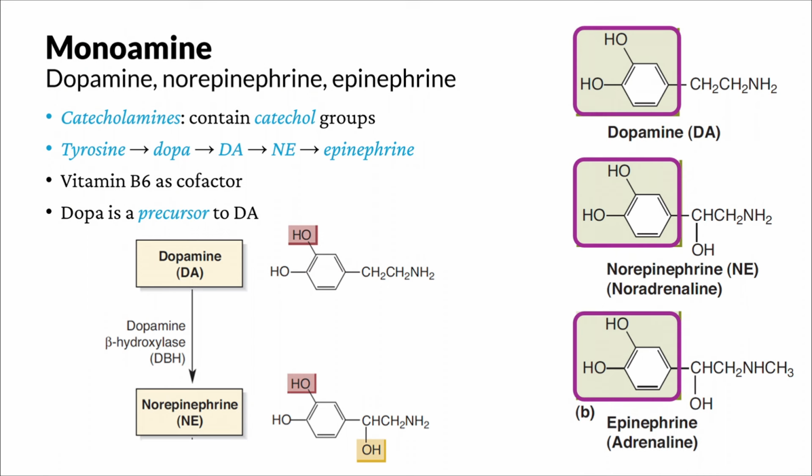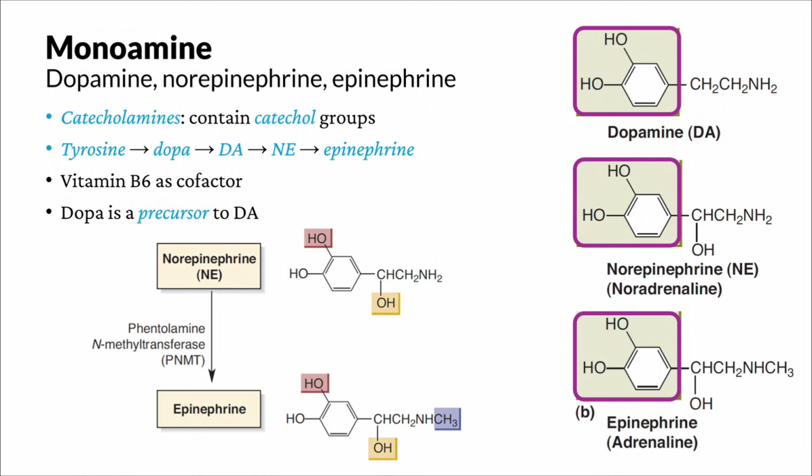The next step is to use dopamine beta hydroxylase to treat dopamine and make it become norepinephrine. Here, one hydroxyl group is added to the beta carbon. What is the beta carbon? Well, in amino acids, we first find the carboxyl group. The carbon on which the carboxyl group is attached is the alpha carbon. Then moving on, the next carbon is the beta carbon. And if there is yet another carbon, it is the gamma carbon. Here, although the carboxyl group has already been taken off, the OH is still added onto the beta carbon, so we call it beta hydroxylase.